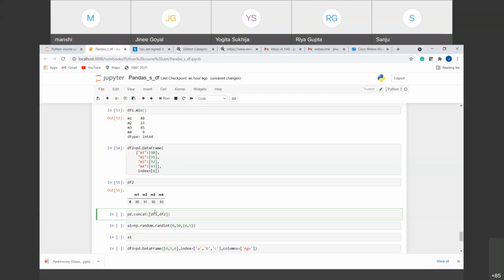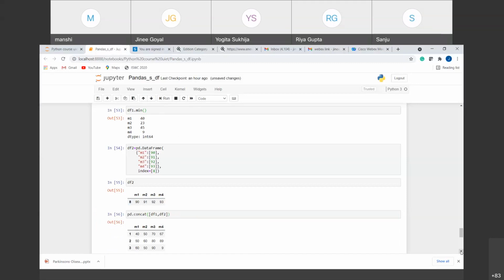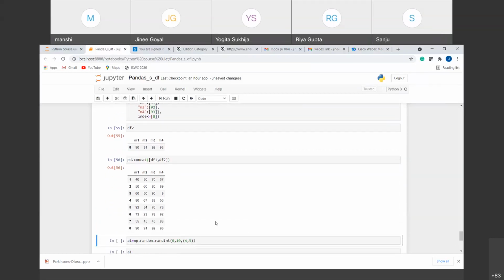Inside that, we have to provide the two data frames that we want to concatenate. So I am providing the first data frame and the second data frame, right? And if I run this, you can see here that I have my data frame and 1 row has been added at the end, right?